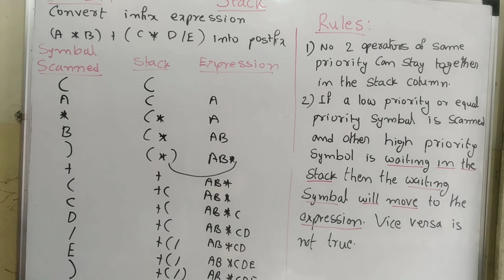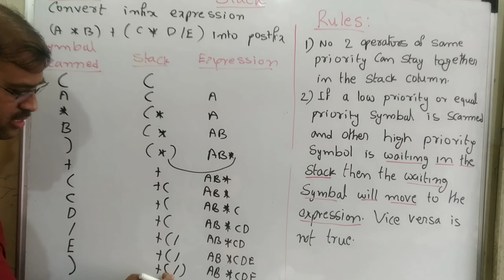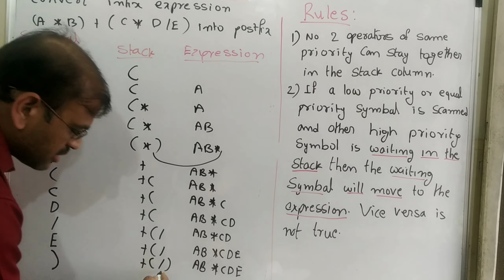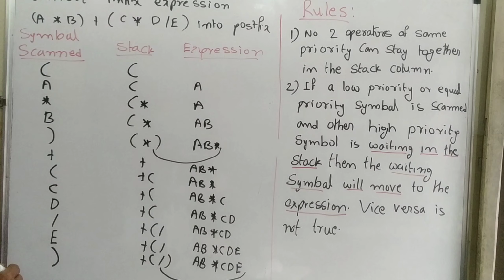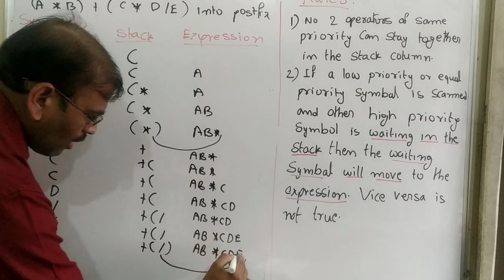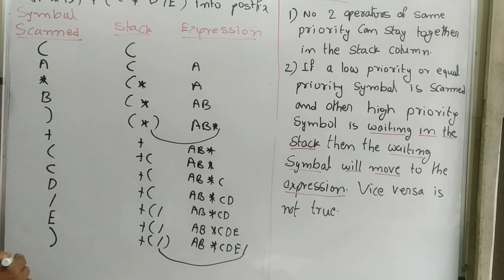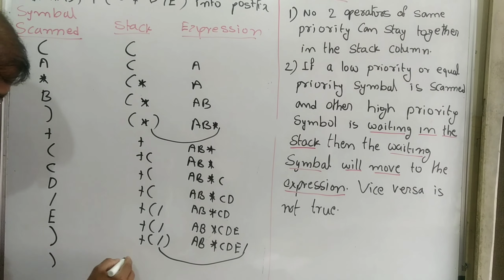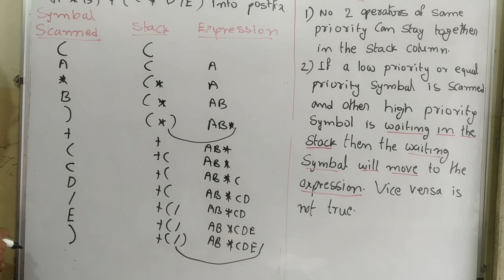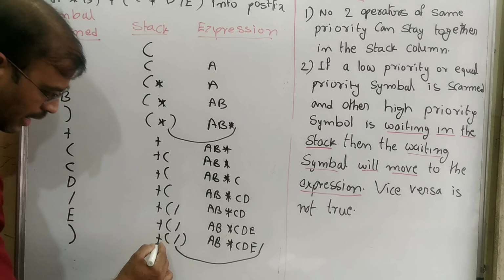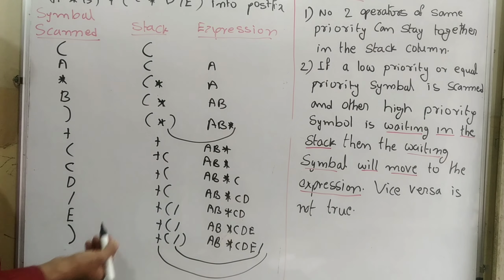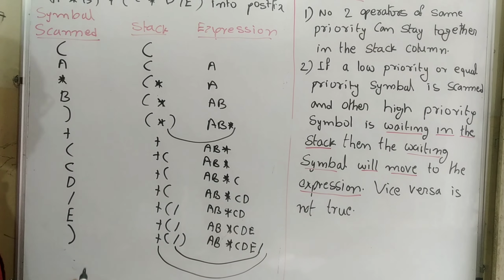Next, inside the parenthesis, inside the bracket, the slash sign is there. So that means this is going to move first here. Then you will get slash written here. Then after that, there is nothing more to pass into the expression, so this plus also will move here, because we cannot pass any other information.